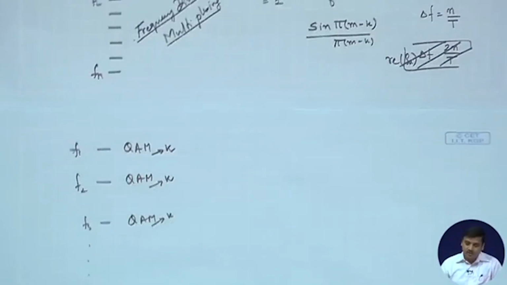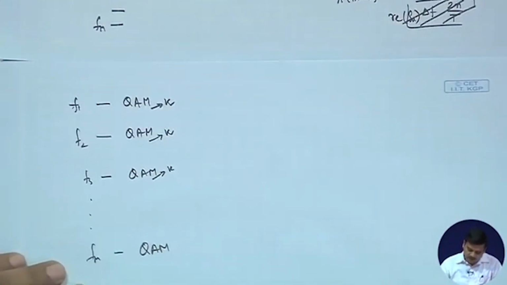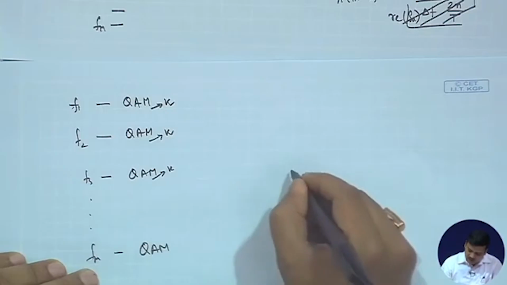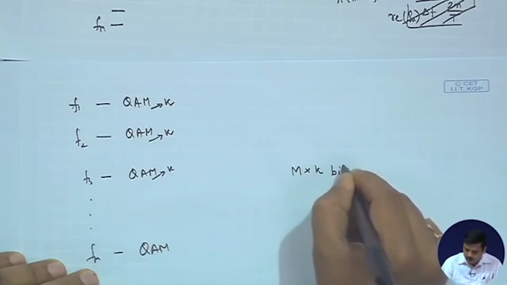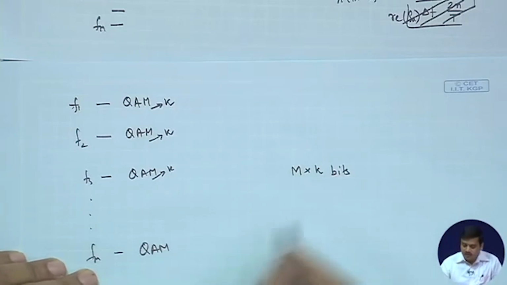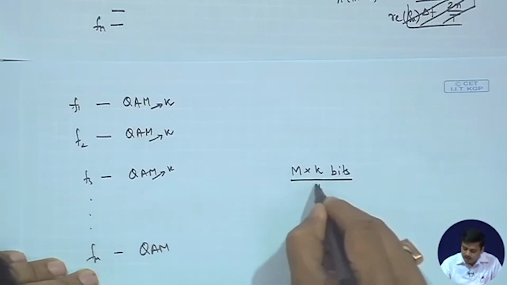Of course, you will be constrained by system and operating conditions. So, that means, you are able to send simultaneously all these bits. In other words, if there are m such things, you have m multiplied by k bits that you are sending per symbol duration